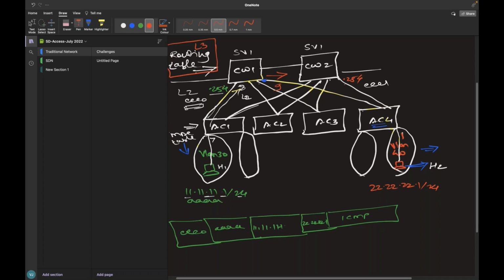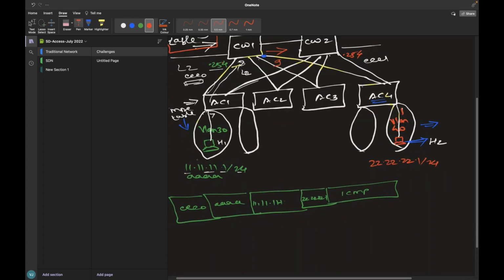So before sending that packet, it has to build that packet with the MAC address. Now, since the packet has already reached with this L2 information, sorry, let me highlight that, it will strip off this